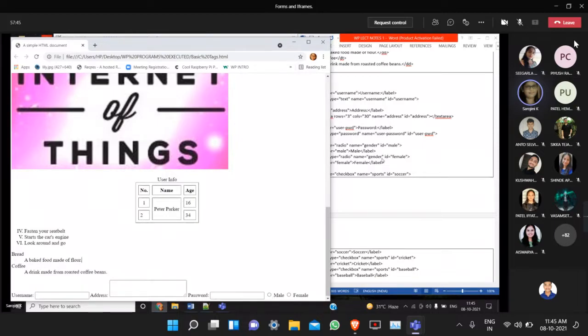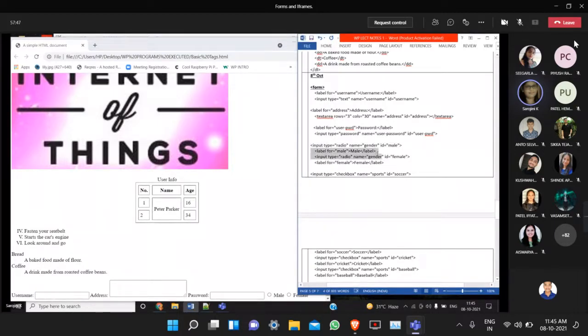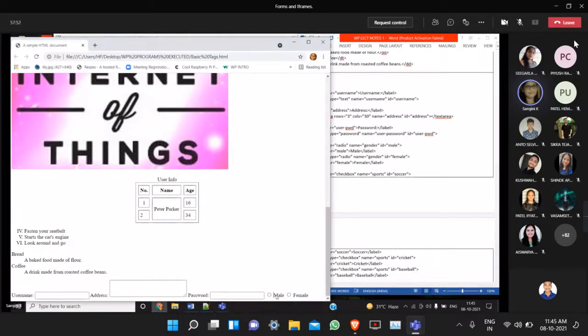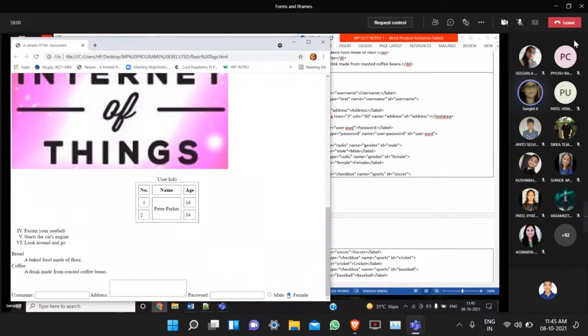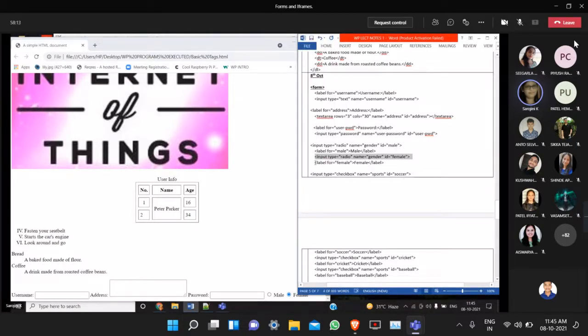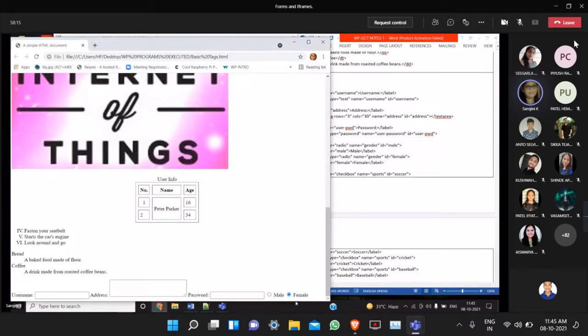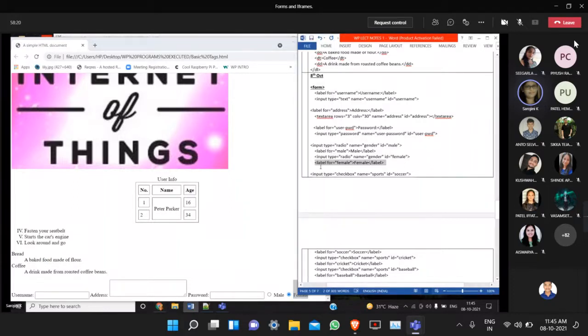Because of this line of code, I got this label. Because of this line of code, to display the female radio button, I got this output. And because of this line of code, I got this label for the female radio button. That's why there are four lines of code here.